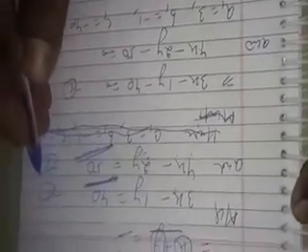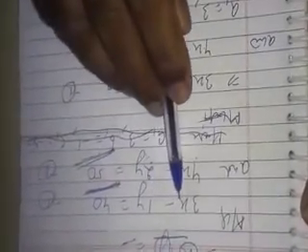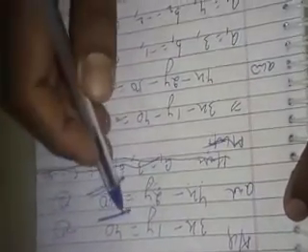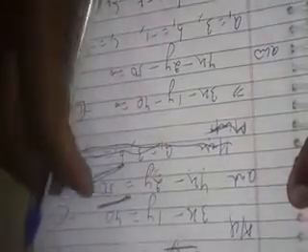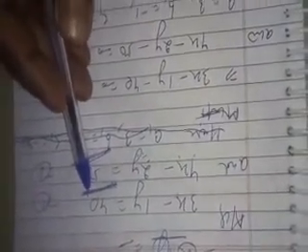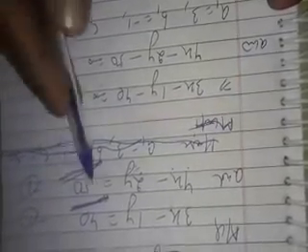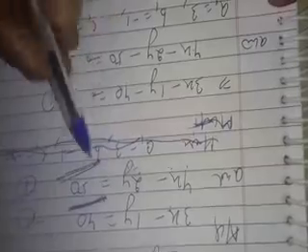So to solve for the values of x and y, we will first arrange the given equations in the general form of simultaneous linear equations, with all the terms lying in the LHS. So this 40 will be taken to the LHS and become minus 40. And in equation number 2, this 50 will be taken to the LHS and become minus 50.